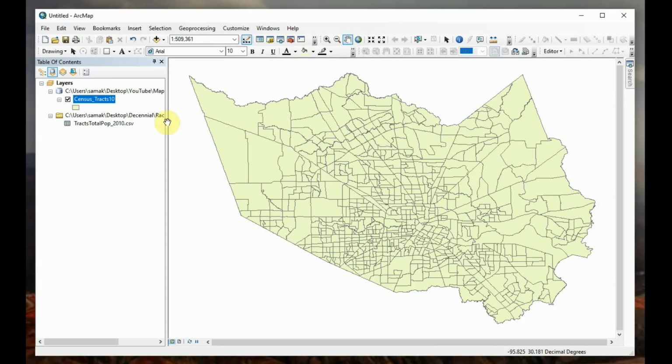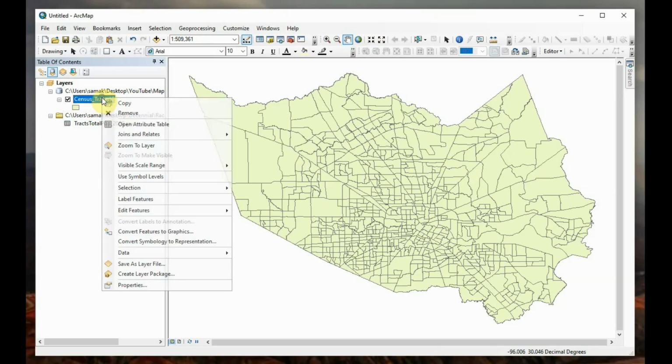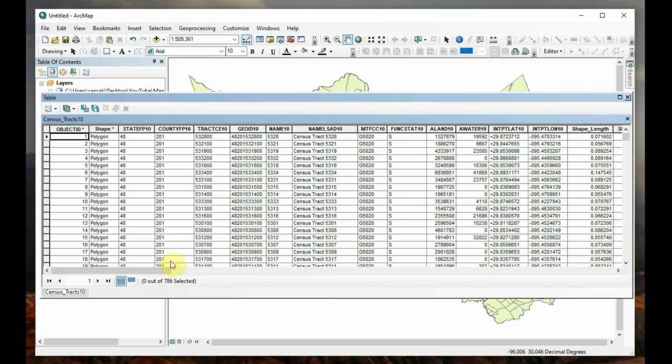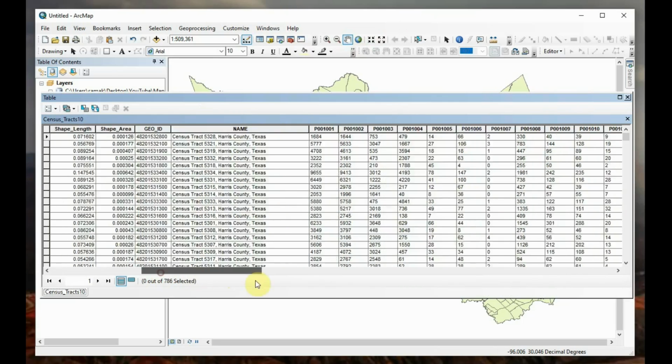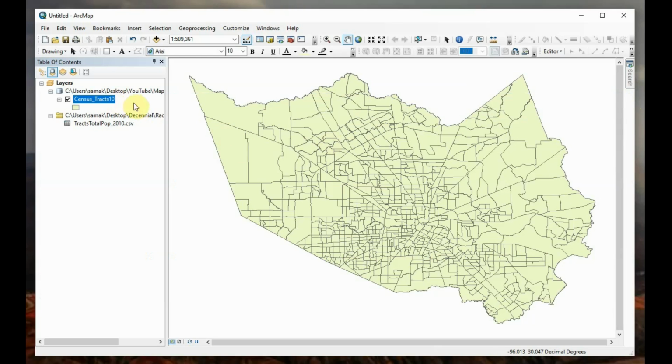For example, this is the data that we got after the join, and we got the population data here combined with the tract data from the census.gov. And say, for example, you wanted to show the population density of a certain group by the tract. How you would do that is you would go in here and